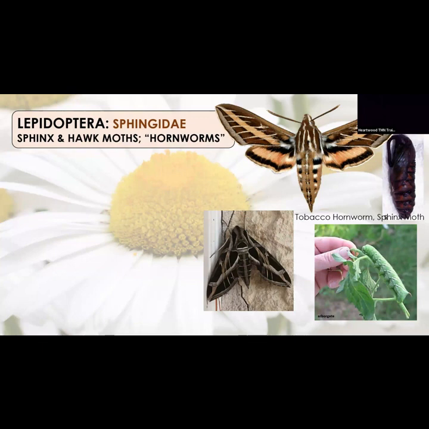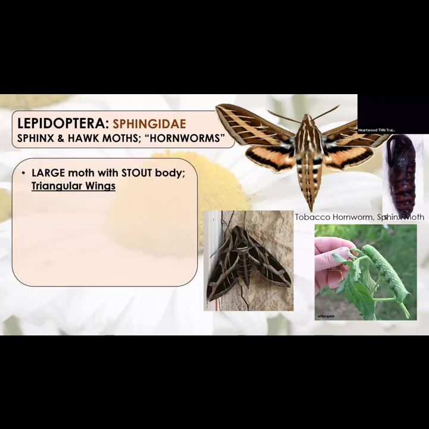So them having this prominent triangular shape, right? Like that second hind wing is very reduced. Even when they're at rest, they still maintain that triangular shape, but the wings go flat versus up and back. So their caterpillars are called hornworms because they're the caterpillars that have a horn on them.